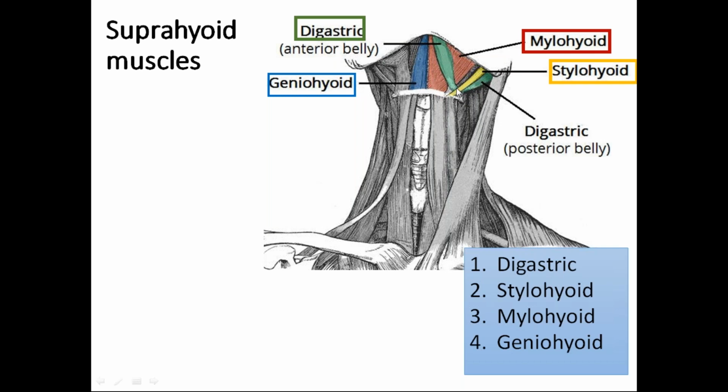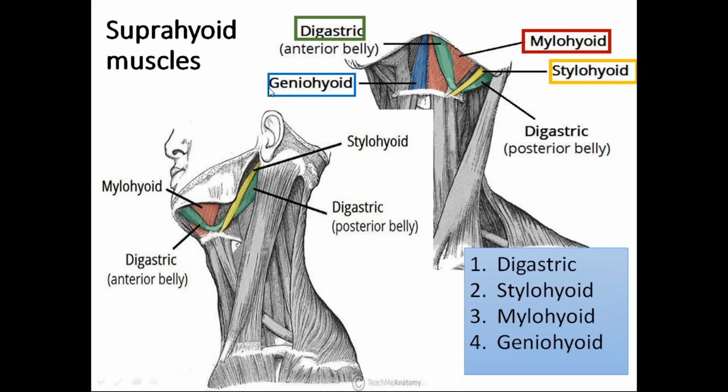Okay. Now, if you see the deep muscles of the suprahyoid muscles, there are two suprahyoid muscles in the deep part. One is the mylohyoid muscle. You can see the red one here is the mylohyoid, which lies deep to the anterior belly of digastric. Then, if you remove the mylohyoid, you can see another deep muscle, that is geniohyoid. Okay, so these are the four suprahyoid muscles seen in the suprahyoid part of the midline structures of the neck.